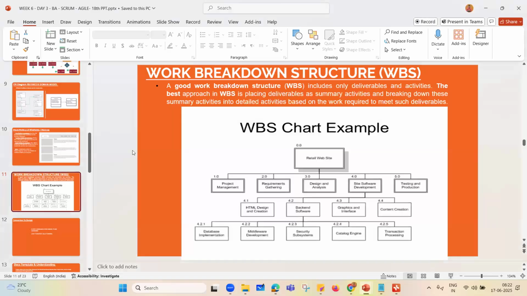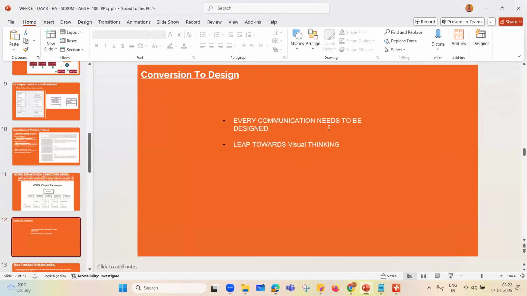Okay. Now, in this, there is one more thing as a business analyst you need to understand, which we call conversion to design. So there are two types of design. One design is elaborated further, and it is known as design thinking. In this, when you understand the business, you need to create customer personas, because